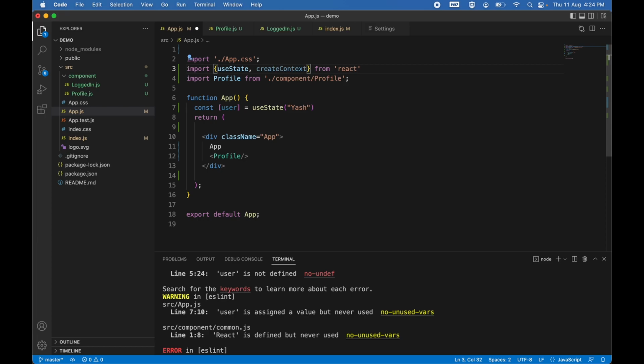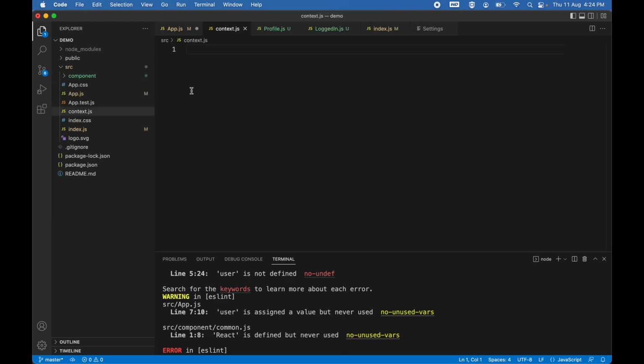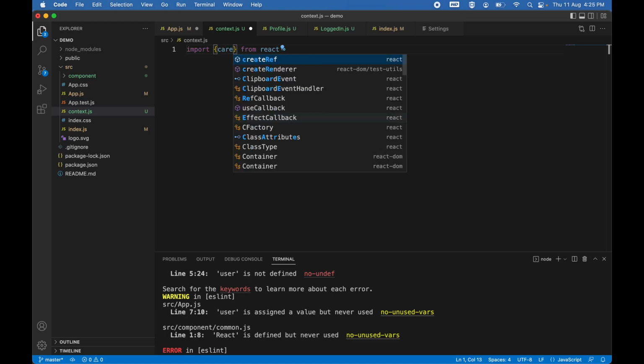Okay, so what context does is basically provide you complete access to some form of data, just like a state. Okay, so outside my component directory I want to create a new file called context.js. And I will import from React. And I will import